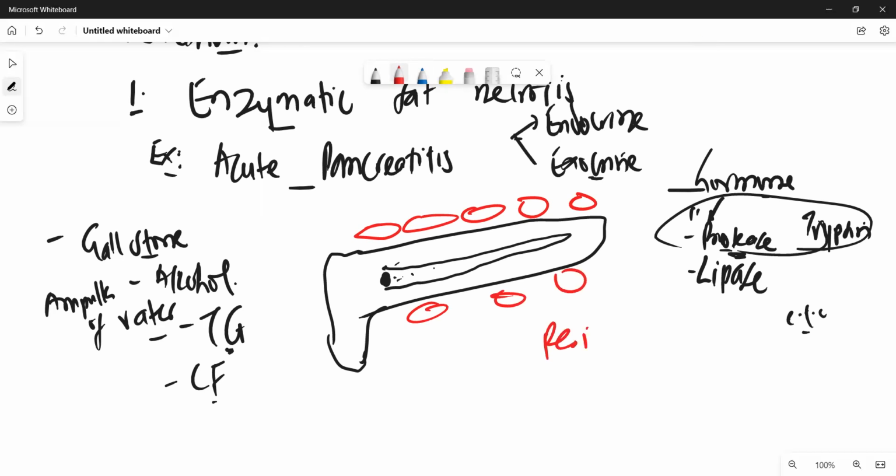When these proteases become activated, they start to digest the pancreas, and as they are digesting it, the lipase is released into the surrounding tissue, right? So the pancreatic lipase that has been released into the surrounding tissue wants to convert the fat cells, the triglyceride,